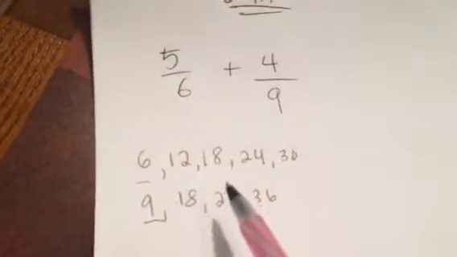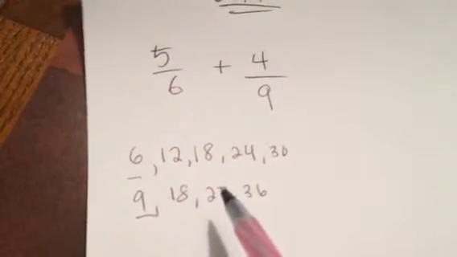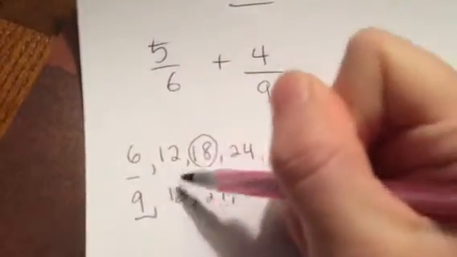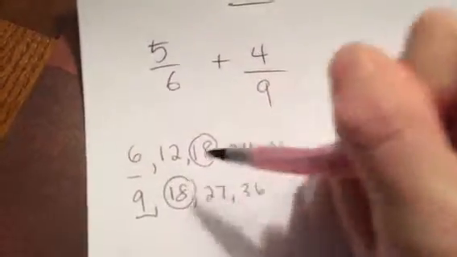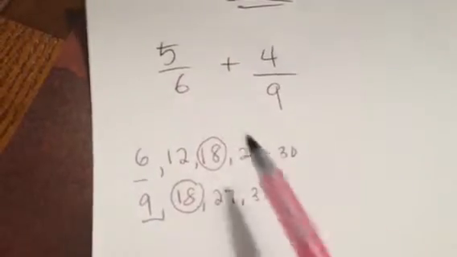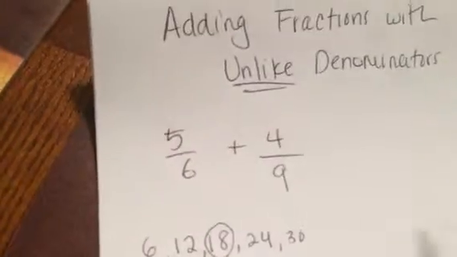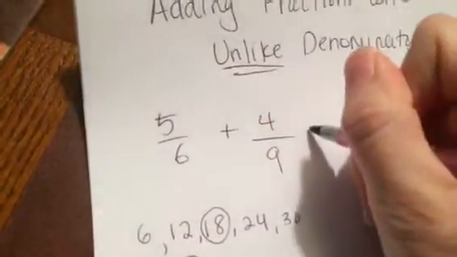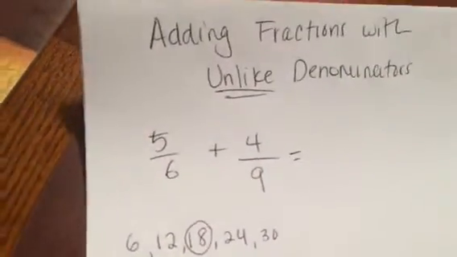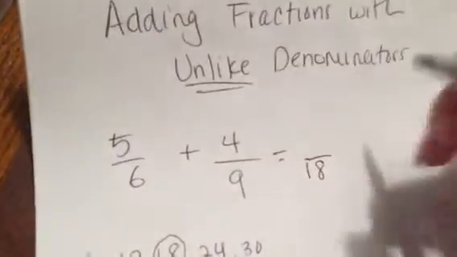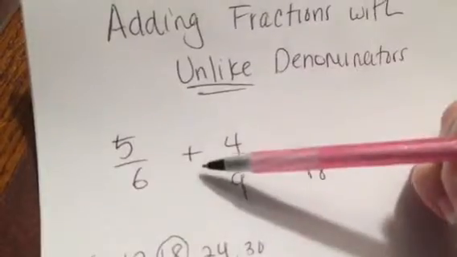So now I'm going to find the multiple that they have in common, the least common multiple. Well, we have an 18 here, and we have a multiple of 18 there. Therefore, the least common multiple between these two numbers is 18. So let's make our common denominator 18. Okay, so our new denominator for this fraction is 18. I'm going to keep the plus sign